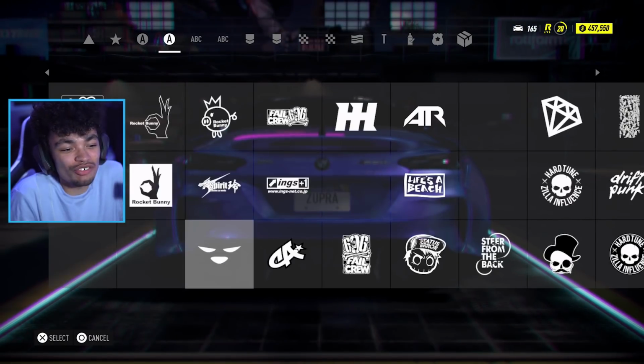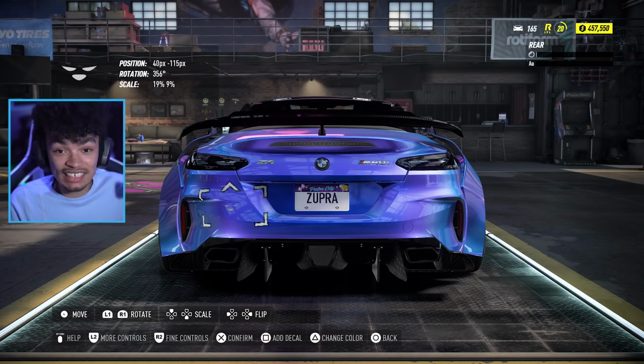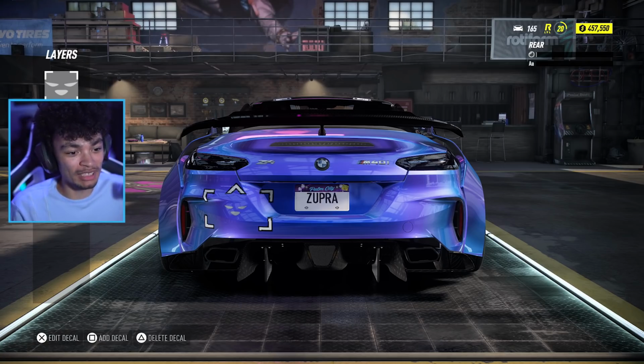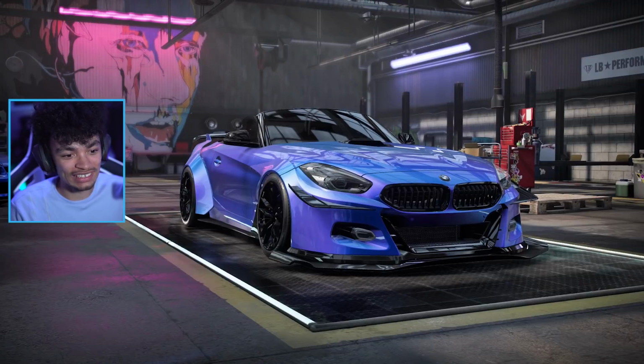So I know it's relatively a small thing, like when someone tells me it's a small thing, but the amount of paint options you can do now, the last game I went back to it and honestly it feels so empty. There's nothing there for me to customize paint wise. I can just pick a color, and usually it's not the color that I perfectly want, but it'll do. But now we obviously can get different finishes and the like, which is just always great. Anyway,